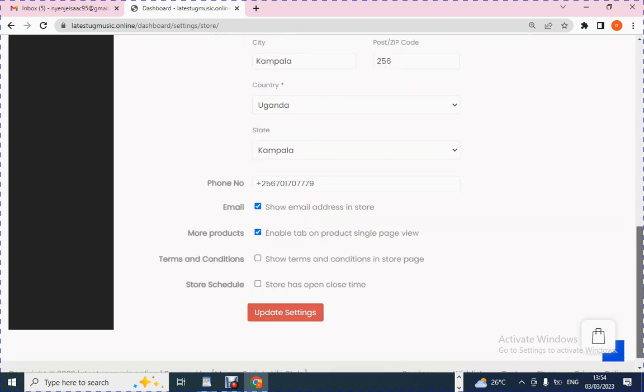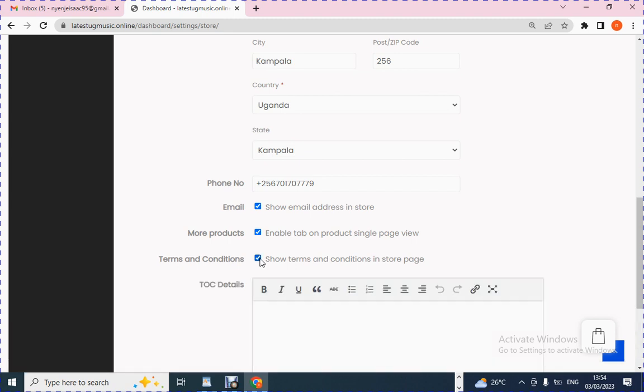Then when it comes here, if at all you want to have some terms and conditions for people that are downloading your music, your courses, so